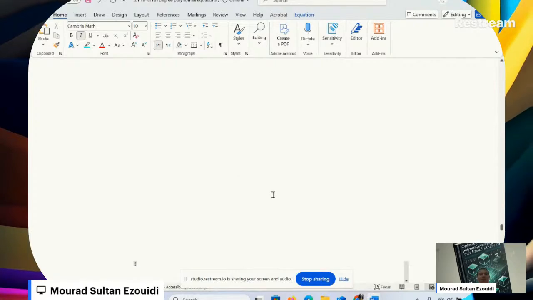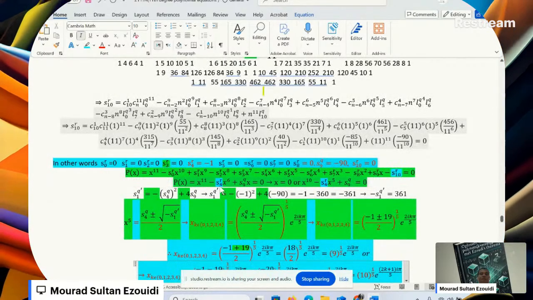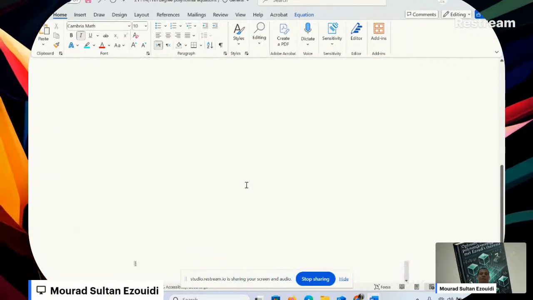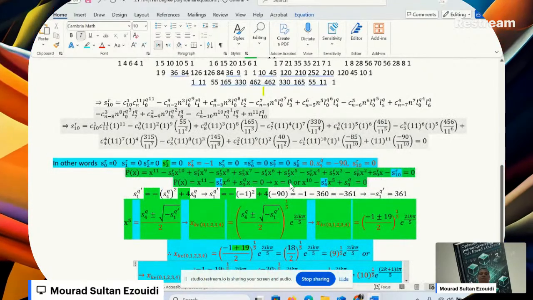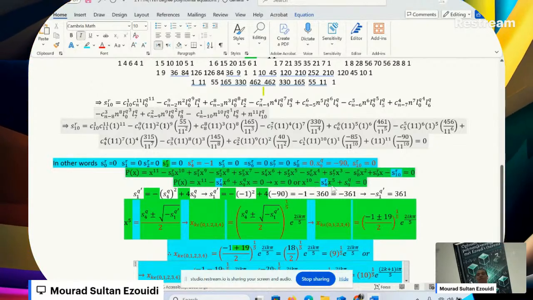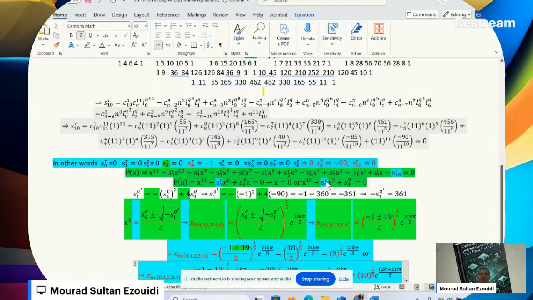So we can say that I will write this as x to the power 11 minus S4, S4 is minus 1, plus S9 over 42 times x equals 0. So x here equals 0, it's obvious. And x to the power 10 minus S4 times x to the power 5 plus S9 is equal to 0. Therefore, I will use my distinct formula.